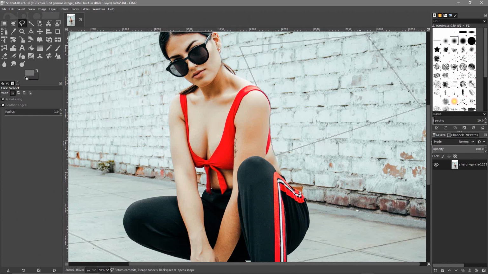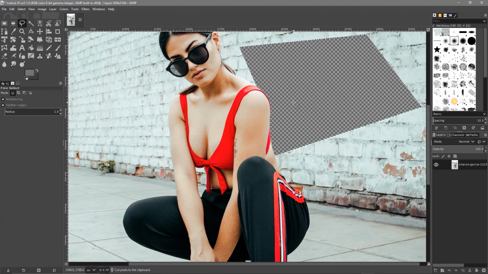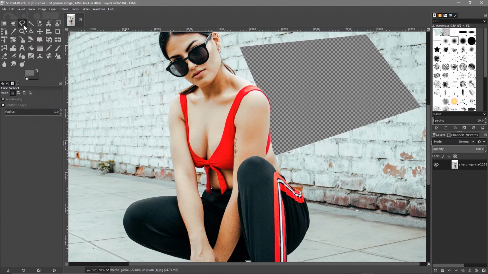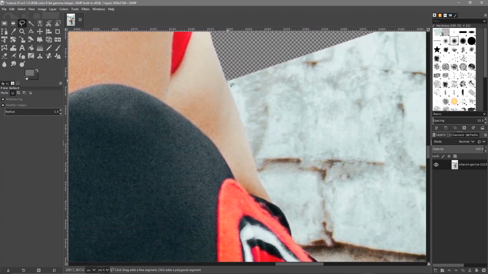So I'm connecting that whole section like this, and then I'll hit the enter key and that will confirm the selection. Then I'll go to edit, cut, and I'll cut out that part of the image. I want to get a piece of it done, then cut it out and then continue. So I'll go to select none, and I'll go back to my free select tool and I'll zoom into where I was finished off right here, and I'll continue and I'll repeat that process